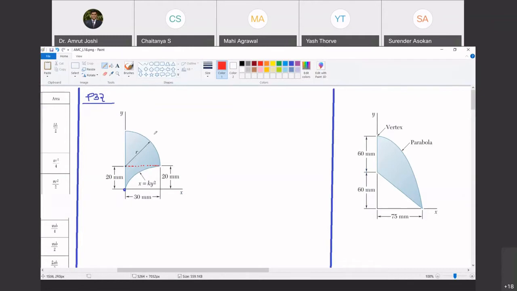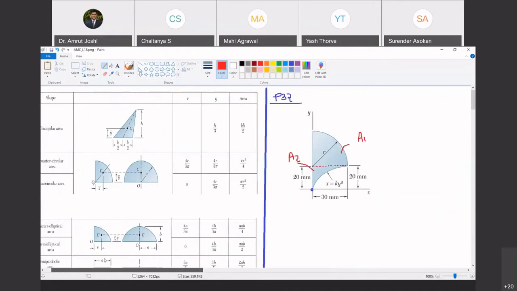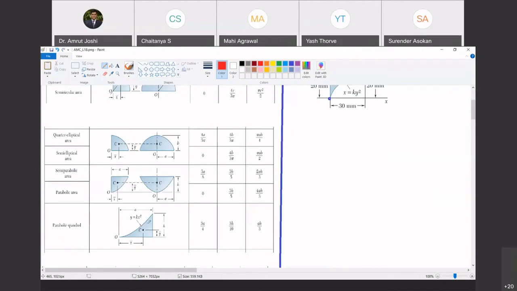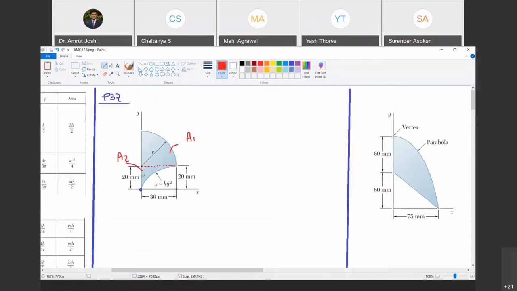So I am going to call this quarter circle area as A1, then rectangle as A2. Are you with me? Yes, sir. Now, if we do that, then there is a problem here. Why? Because look here, we know the centroid of the parabola, but on which side? On this side. Are you with me? Yes, sir. We do not know the centroid of this area. So it is fairly enough that we consider only A1 and A2 as this parabolic area. Are you with me? Yes, sir.